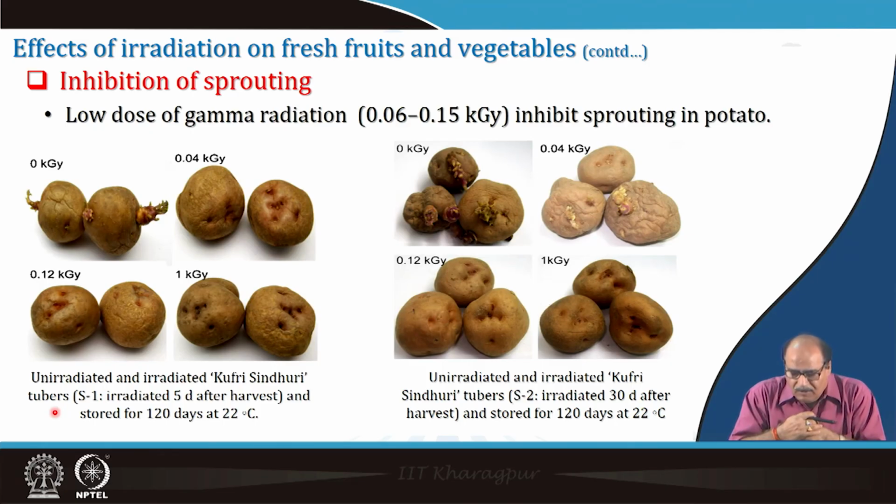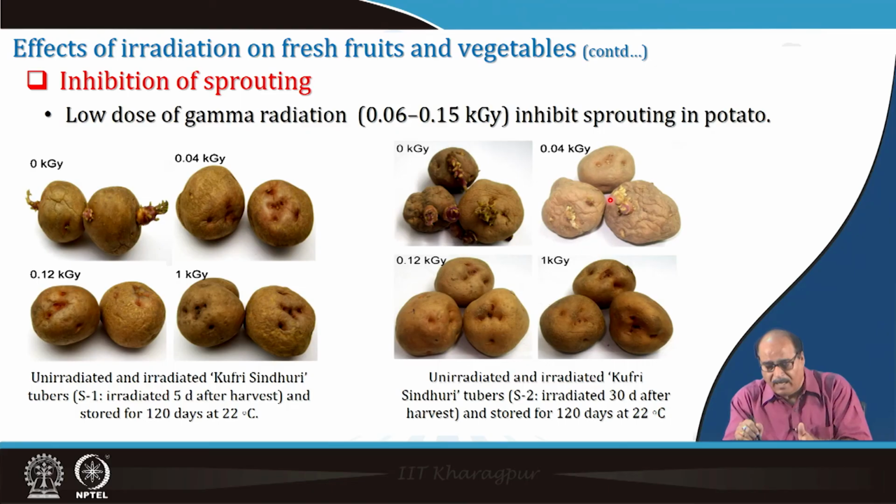How these are varying, unirradiated and irradiated sample. So, this is stored for 30 days. This one was irradiated just after 5 days of the harvest, and then you see the change, and this is irradiated after 30 days of the harvest, and then you see the change. And in both cases, even when you are irradiating after some longer period, it requires a higher dose to produce the